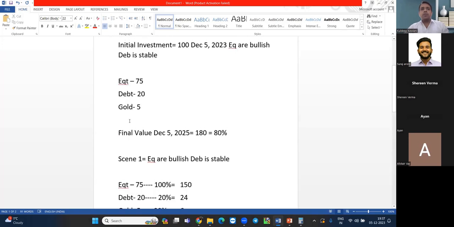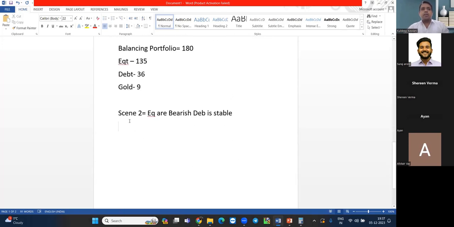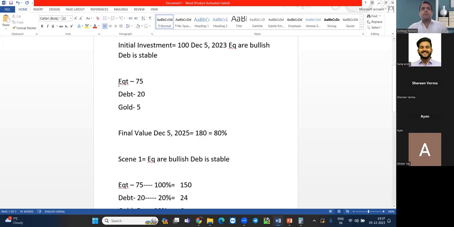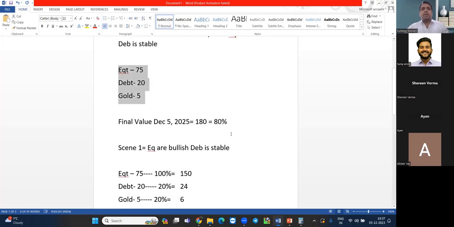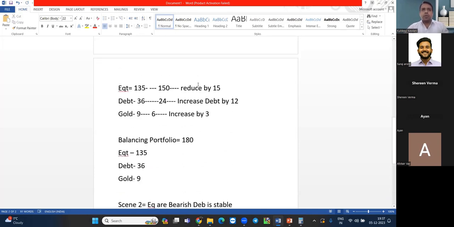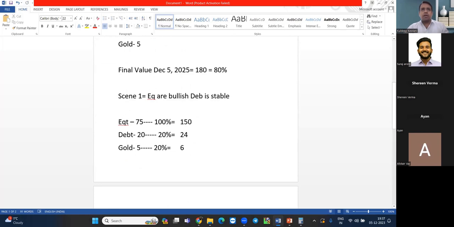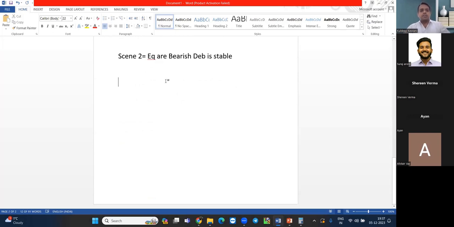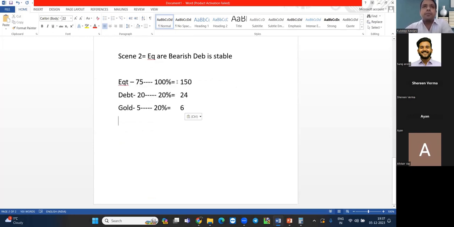The value here was the initial value, which is this one only. Did I take it as initial? No, not initial. This is my initial value. Rather take this one, 150. From here my value changed, so my view changes after this. Now equities are bullish, this is after 2025. Once we have attained the value, this is after that. So this is my portfolio value.